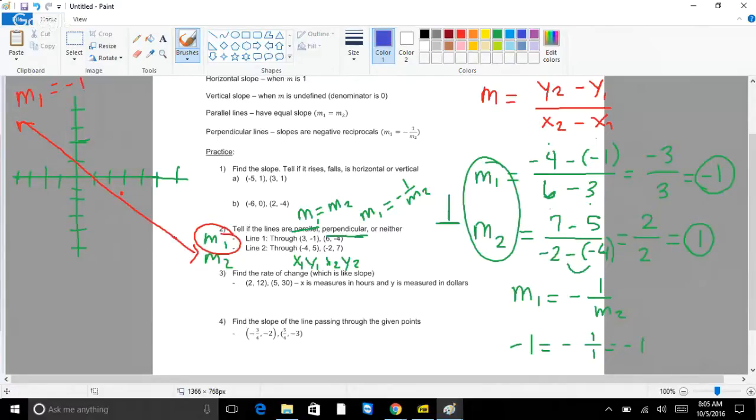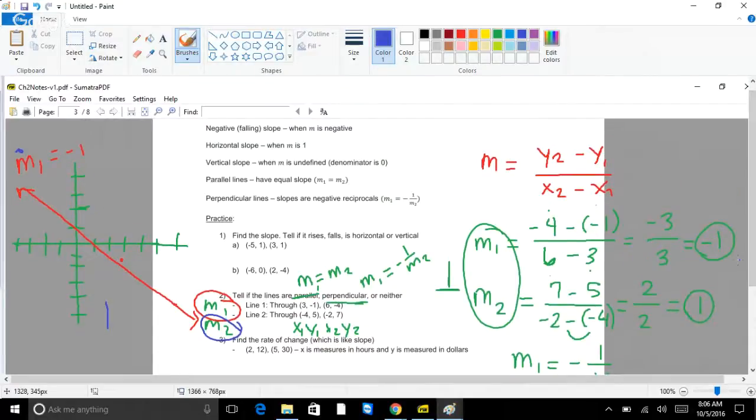Okay, M2 has a point at -4, 5. Oops, kind of running into each other here. And it also has a point at -2, 7. I ran out of room up here and did my graph wrong. Let's see, I think I can scroll up. Oh yeah, there we go. -2, 7 should be somewhere up here. Well, I kind of failed on my quick graph here, but